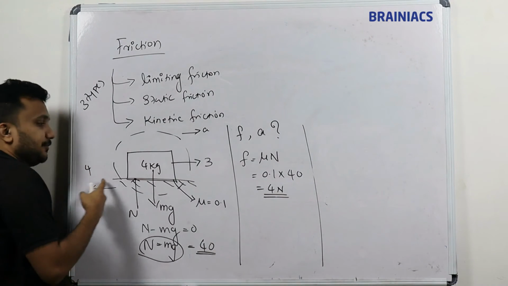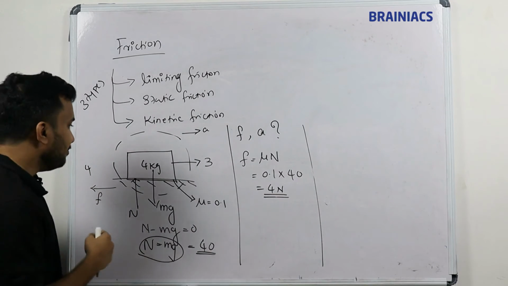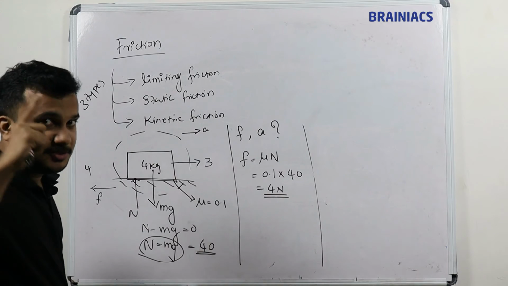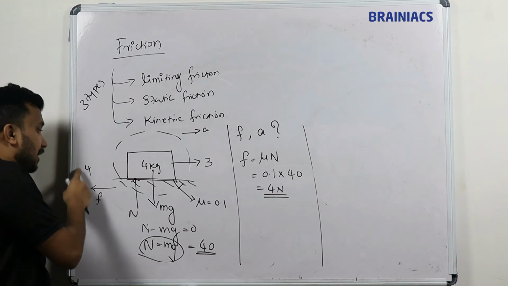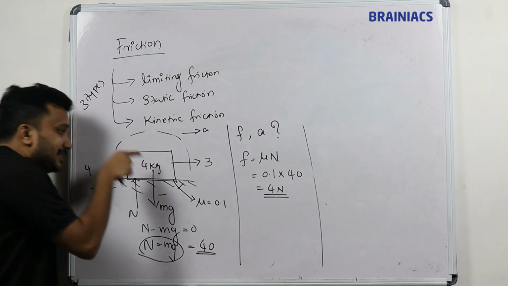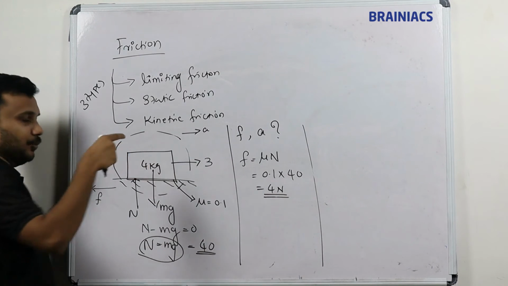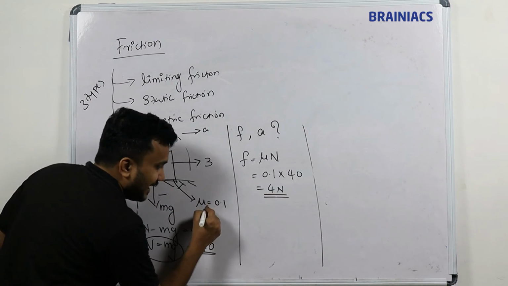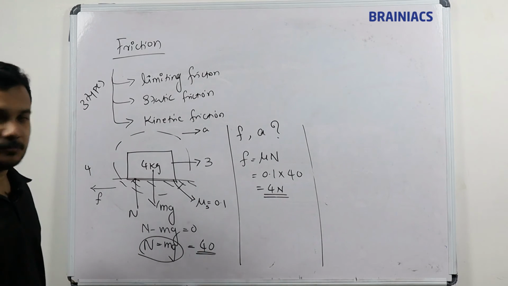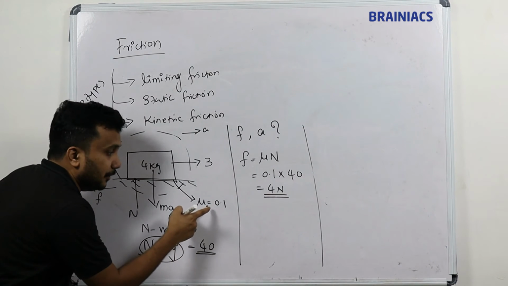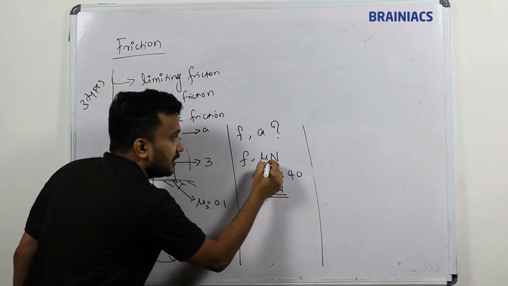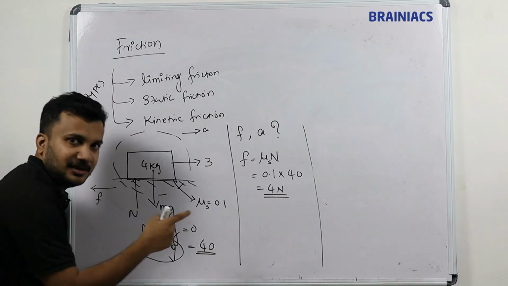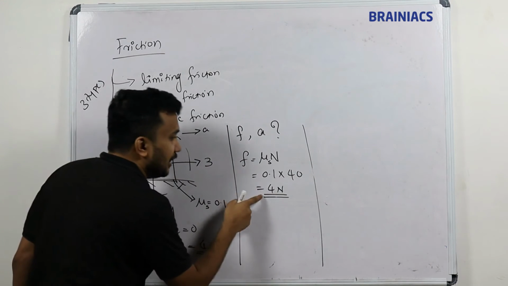Why? Because a 4 Newton opposite force will be there. In that case, this is the maximum value. Listen very carefully to the terms I am using. This is the maximum value of the frictional force this surface can apply on the body. Then this coefficient of friction is called the static coefficient of friction. Why is it static? Because with this mu s, if you substitute mu s as 0.1, earlier I had generally taken mu, now it is mu s, you will get a value of 4 Newton.